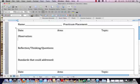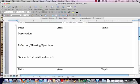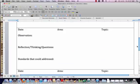And then the standards that could be addressed. What we're looking for here is not every little benchmark, but just the overall standards. While playing in water, could you be addressing language? Are there literacy activities related to water that you could engage with children in? Are there opportunities to study science and math and social studies? And I just want you to think about, is this really possible that you could integrate the curriculum, focusing on a curriculum on water? So what I'm asking for is for you to come up with 3 observations over the